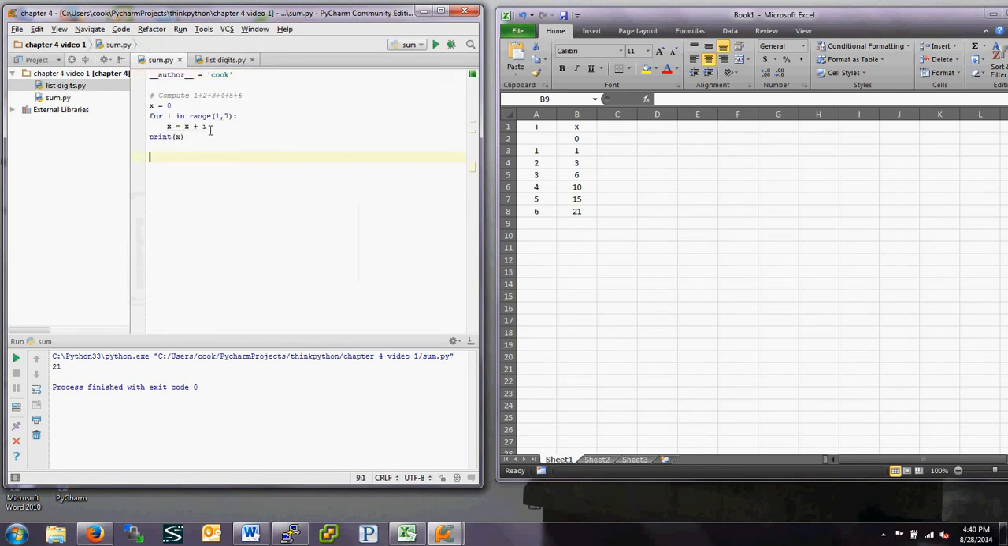Now the neat thing about this for loop is I can change this thing. I could make this 25, and I can still run it. And so the sum of the numbers from 1 to 25 is 300. Okay, so again, what if I wanted to list the digits